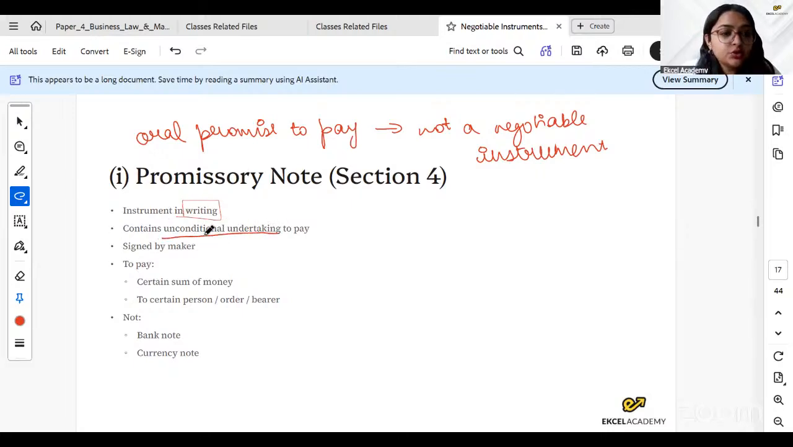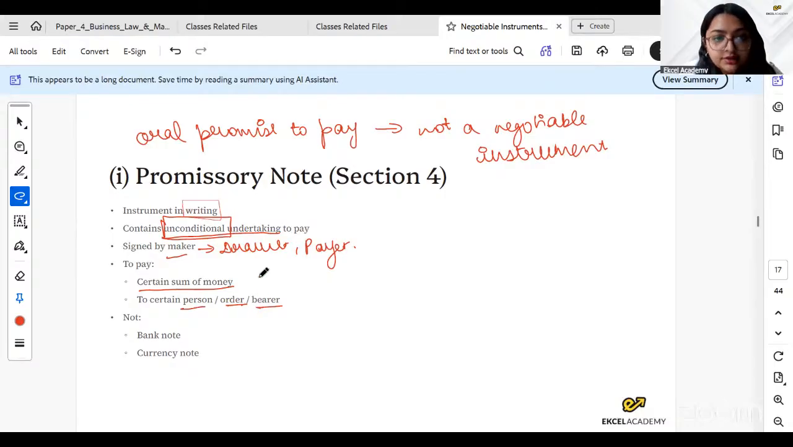Please focus on the fact that it is saying unconditional. It should be pretty direct: I promise to pay you this sum on so and so date to this person. You should not say, I promise to pay you if this happens, or if that happens. There should be no condition to make that payment. It should be signed by the maker, also known as the drawer, or the payer, because they are the ones paying the amount, to pay a certain sum of money to a certain person,